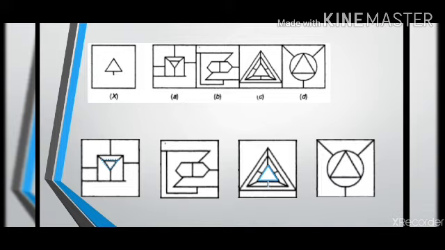Let's see if I'm getting the same figure in option D. In option D, I have a triangle, but the line that is there is not connected to the triangle. In the main option, the line is directly attached to the triangle. In option D, you see there is a space between the line. Therefore D is not the required answer. Now this is what the figure will look like. Option C is the answer, and this is what it looks like.